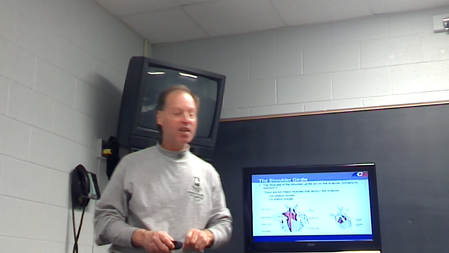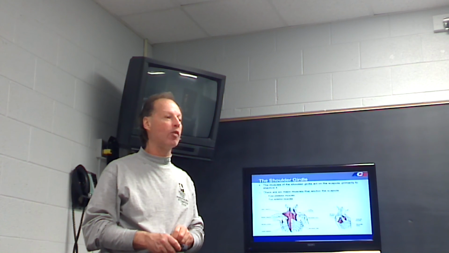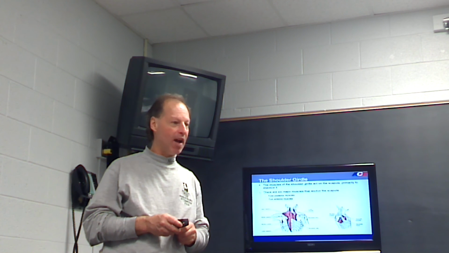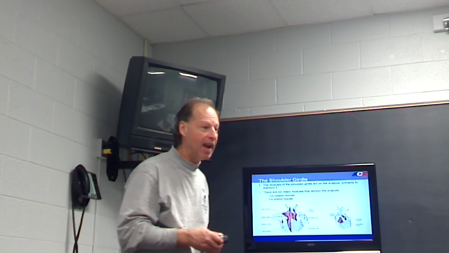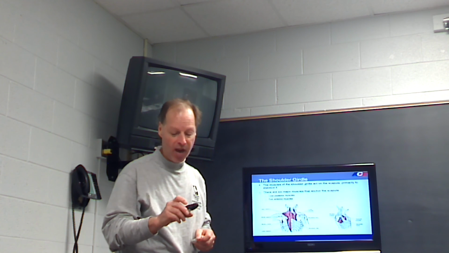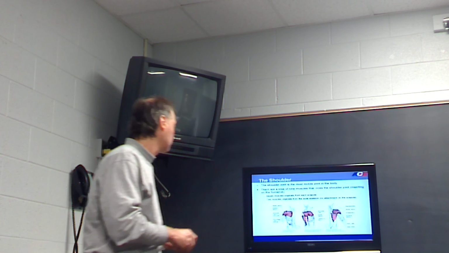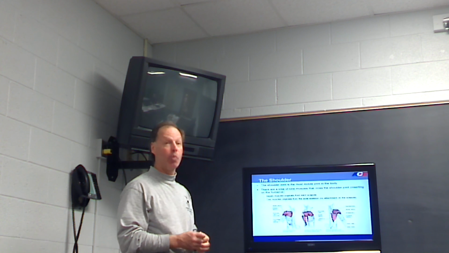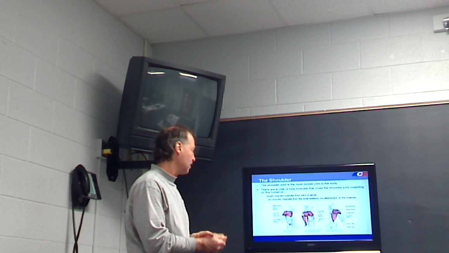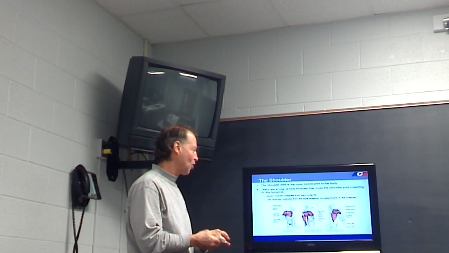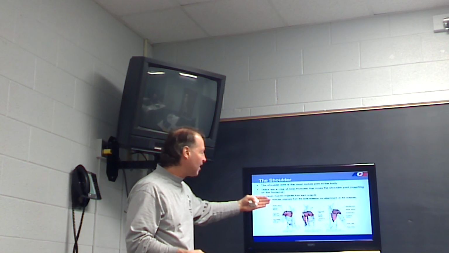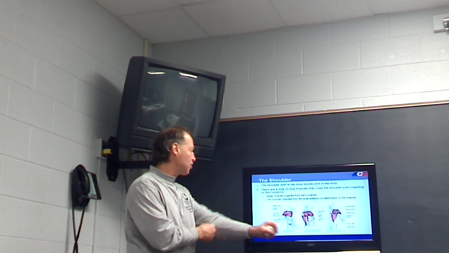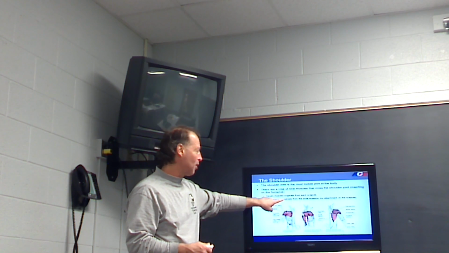Serratus in primates isn't nearly as important as it is in quadrupeds. Quadrupeds can almost not live without a functioning serratus because it also aids in their breathing, in their respiration. Humans, not so much. The shoulder is the most mobile joint in the body, prone to injury. There's a total of 9 muscles that cross the shoulder joint. We're not going to go into each individual muscle, that's why you have a book. But 7 muscles originate from each scapula, 2 muscles originating from the axial